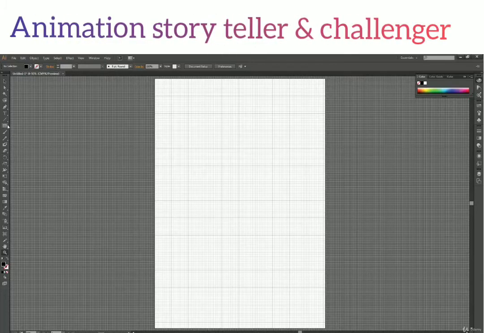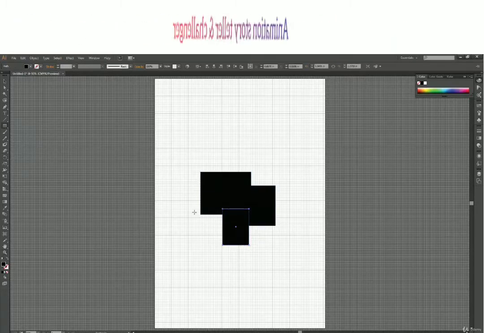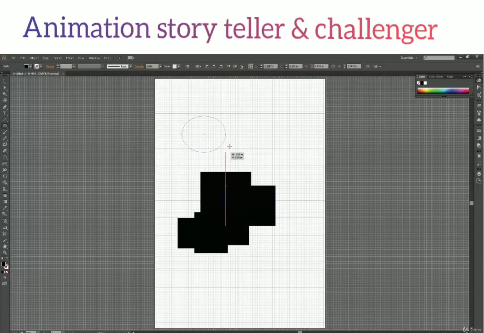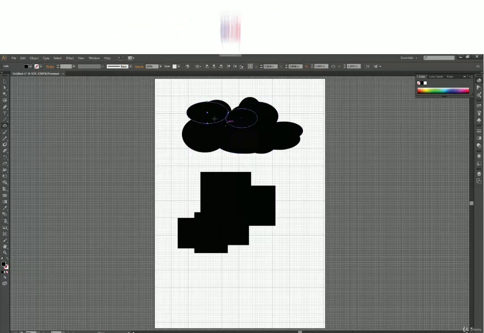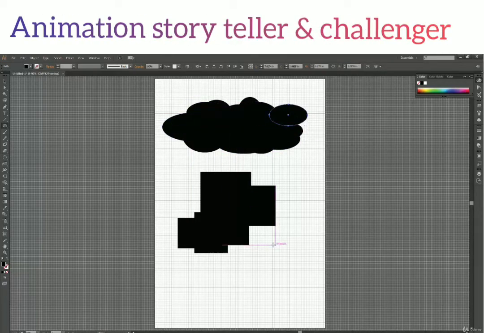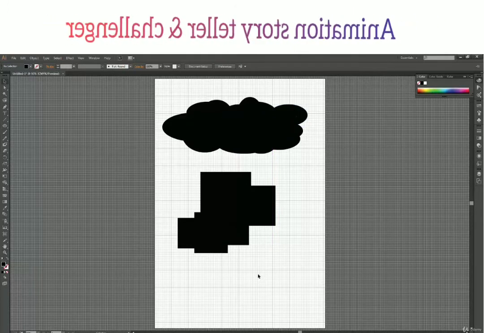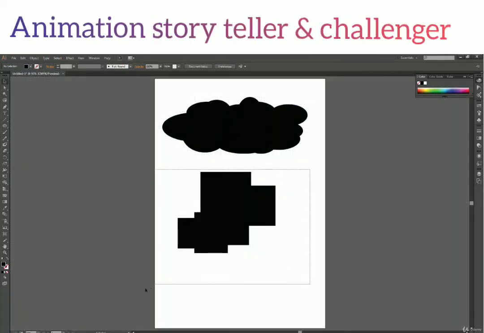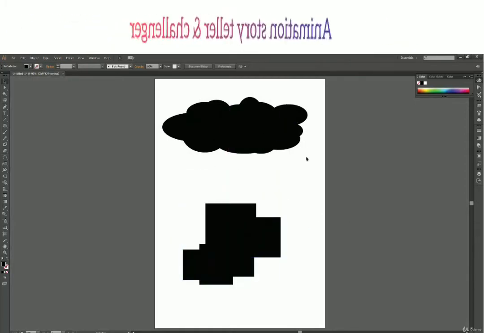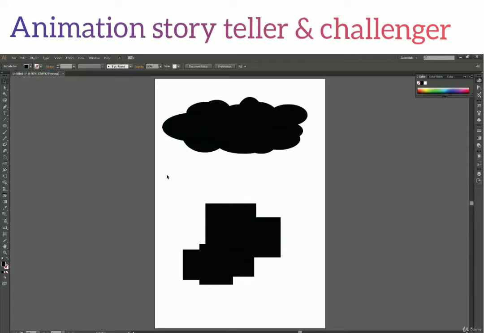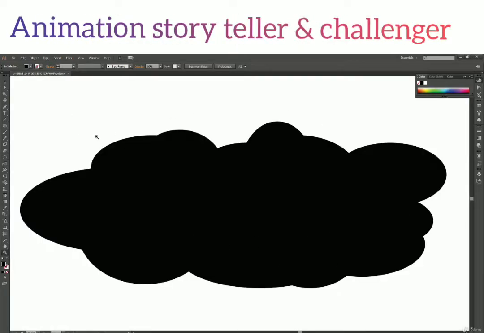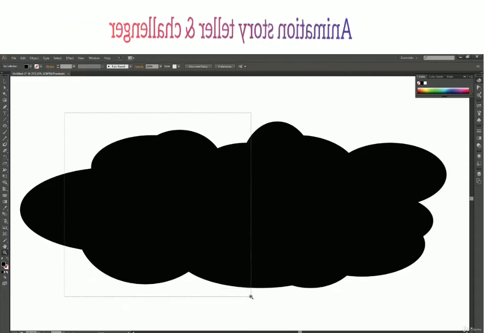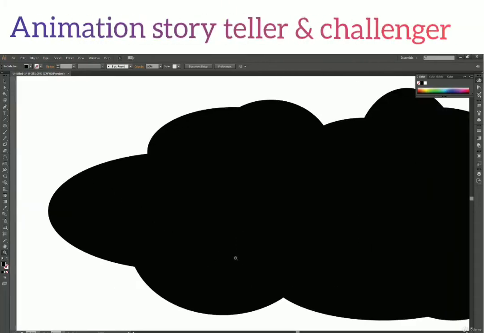Let us quickly draw something over the artboard, so we have something to talk about. Let's say I'm making something like a cloud here. Okay. So now I have two objects over here, or two groups of objects. And if I want to specifically zoom onto this thing only, then I can just click and drag with my zoom tool, and it will zoom in to that particular area. Let's say I'm zooming into this part only, so it zoomed in to this particular area.